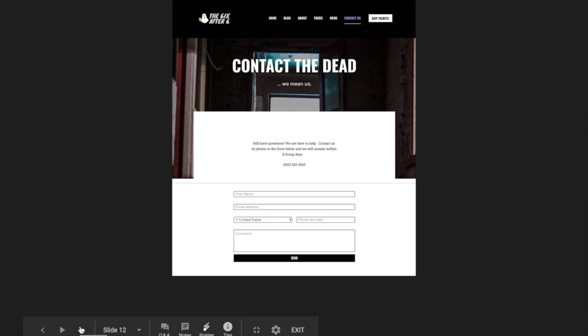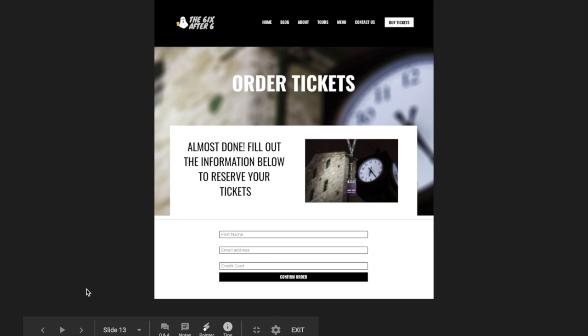We also have, after that, a buy tickets section in our options, which links you back to upcoming tours, and then you can click where the tour description is to get tickets. When you click get tickets, this actually shows the mock-up of our event pass. So overall, that is pretty much a summary of our website.